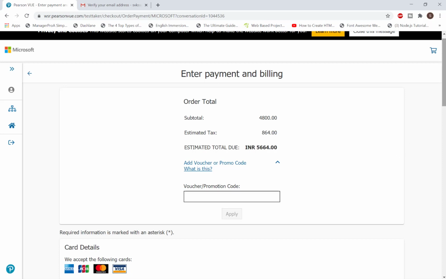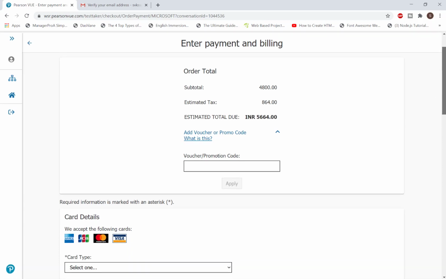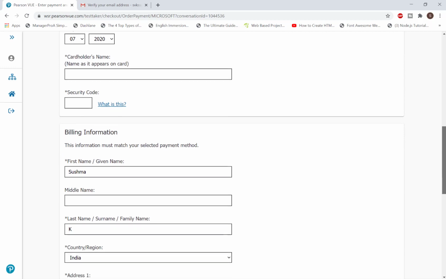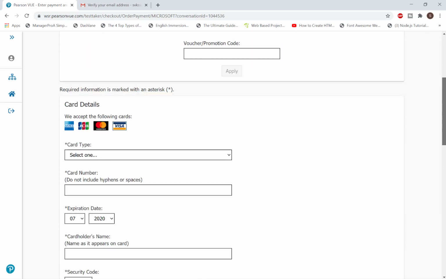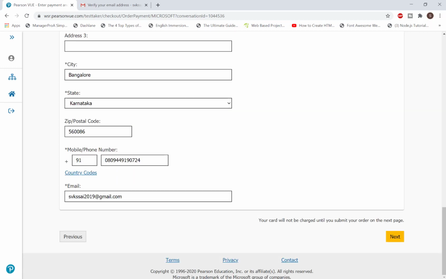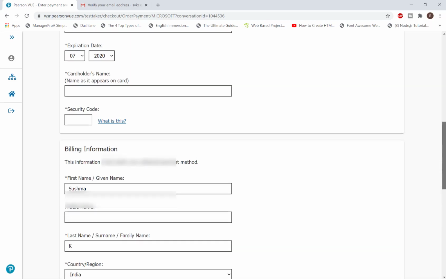Otherwise, if you don't have any voucher code, then you need to give your card details. Then you click on next. After providing the information, you click on next. Then the exam will be scheduled for you.